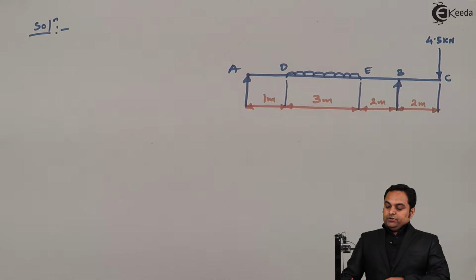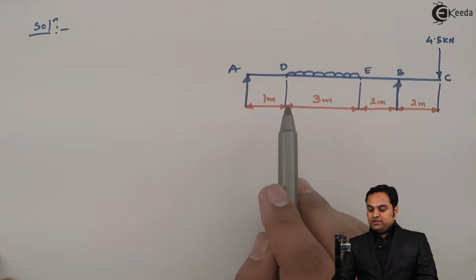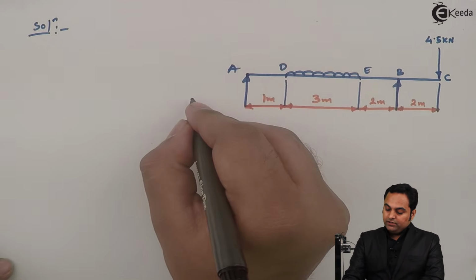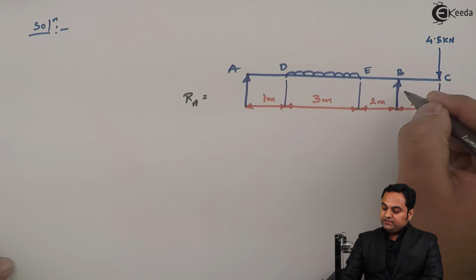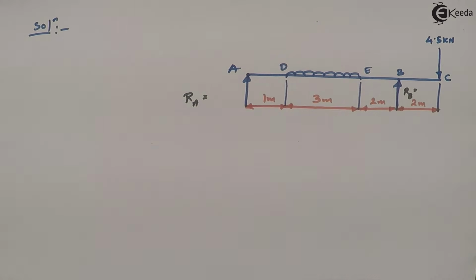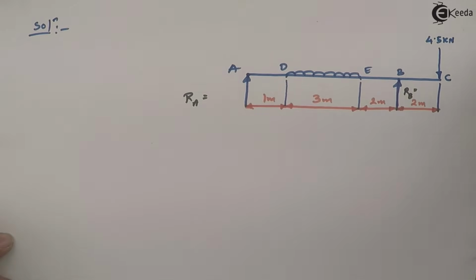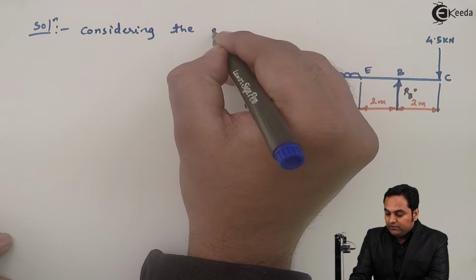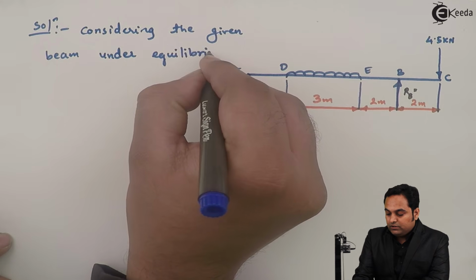Now here as we can see, this beam ABC is the overhanging beam supported between A and B. So here we need to calculate how much will be the reaction at A, RA, and reaction at B, that is RB. We have to find these two values. So now I'll say that considering the given beam under equilibrium